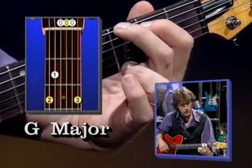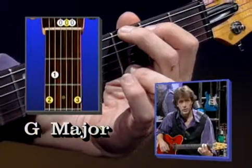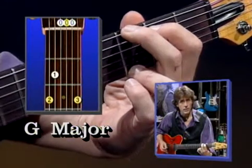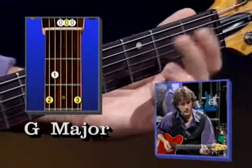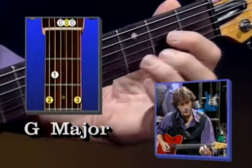And this is where it's crucial again, thumb behind the neck and wrist down, because you want to get all those fingers to come straight down on the neck so that all the strings ring out clearly. And played properly, it should sound like this. You're hearing 3 open strings, the 4th, 3rd, and 2nd in the middle, and the other notes are fingered. Now combining it, for instance, with the D chord,